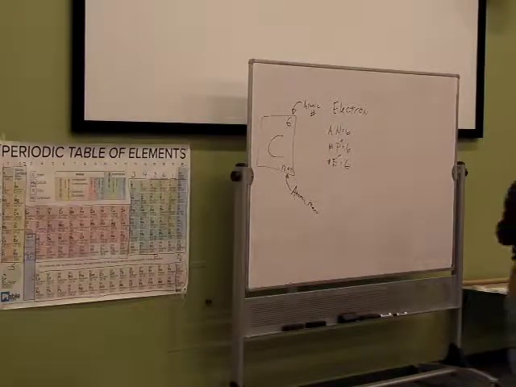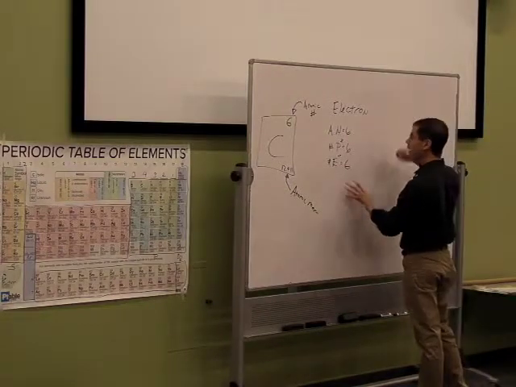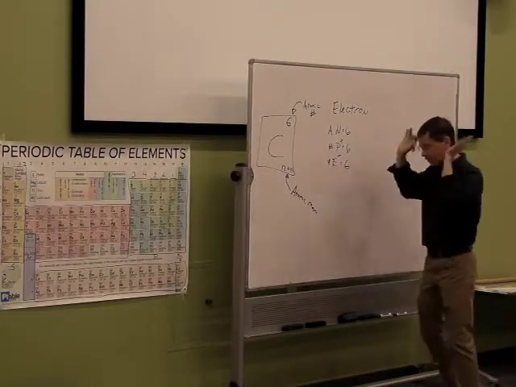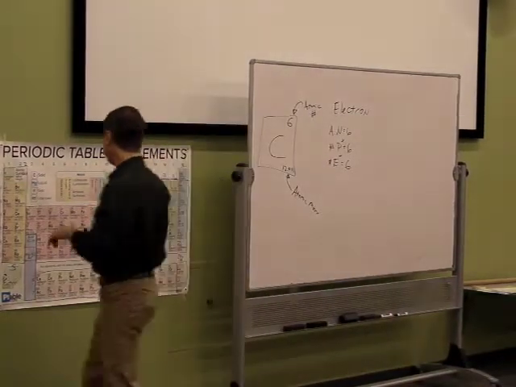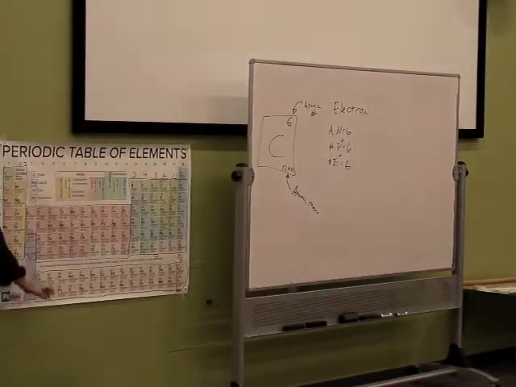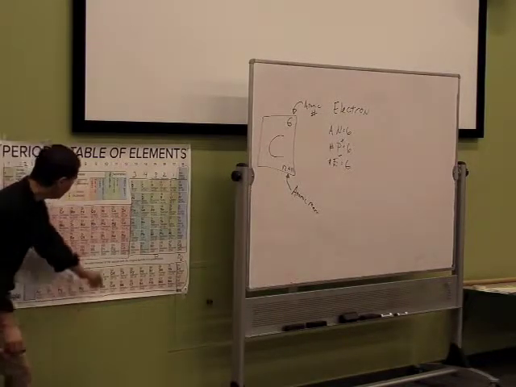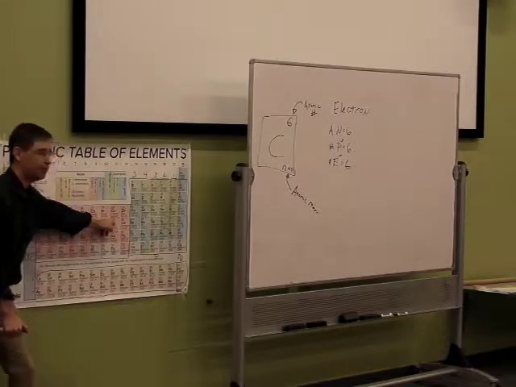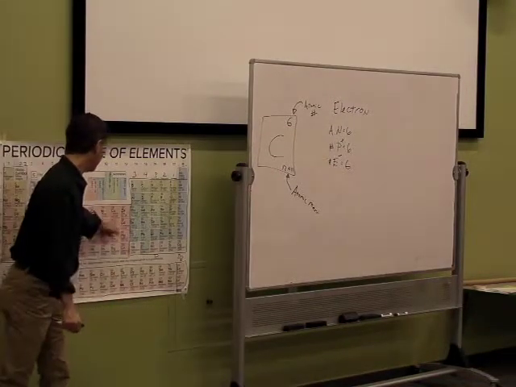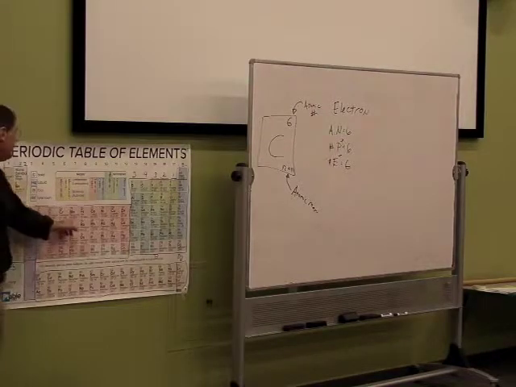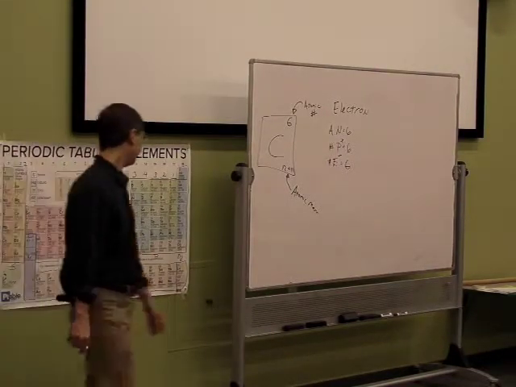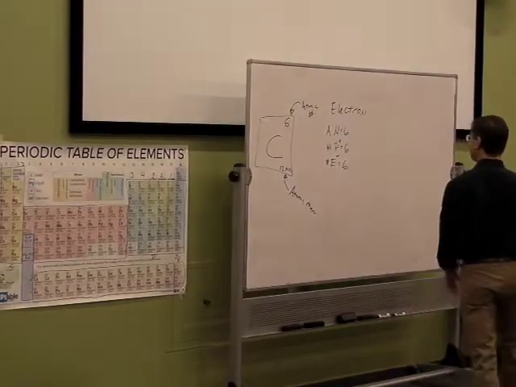Okay, all right, so here's the deal. Before we get to that for a second, let me ask you very quickly, and feel free to shout it out, perhaps out of the top of your lungs. How many electrons are in a normal atom of tungsten? 74. How many electrons are in a normal atom of copper? 29. How many electrons are in a normal atom of manganese? 25. That's correct. Good.